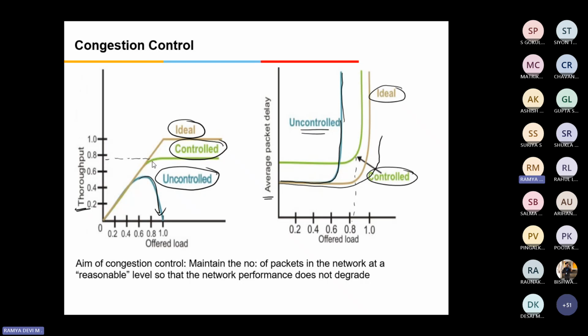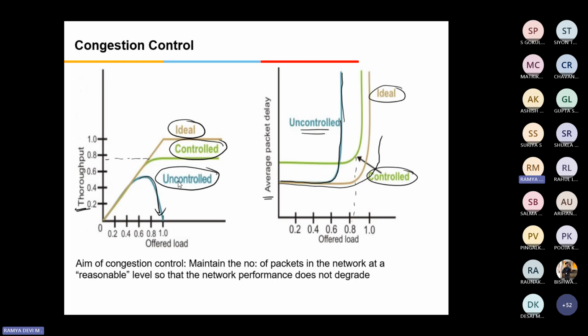If it reaches the threshold, if 75% of my router buffer is filled, it is immediately informed to the sender. With the help of an acknowledgement packet transmitted from the receiver to the sender, that packet is enabled with 1 bit indicating that you have to slow down the transmission. So the sender can slow down the transmission, and the throughput will never get increased.